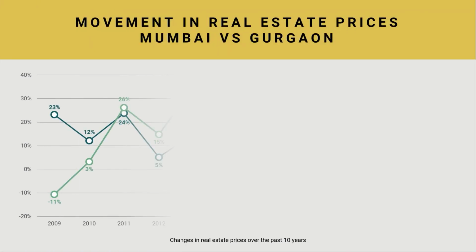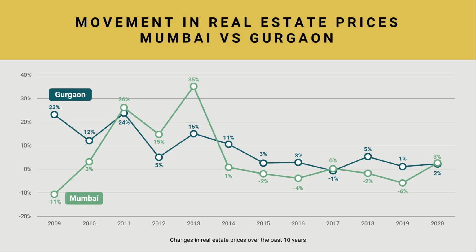If I show you a chart of the movement of real estate prices in Mumbai versus Gurgaon, you can see that although they appear pretty similar, the charts do not give the correct picture because even within Mumbai, the kind of returns you get from South Mumbai in the last 10 years have been very different from the kind of returns from the suburbs and have been very different from the kind of returns from central Mumbai, that is BKC, right? So when you think of investing in real estate, these kind of charts will give you numbers. The numbers may not mean anything because what is important again is the actual location of the property.